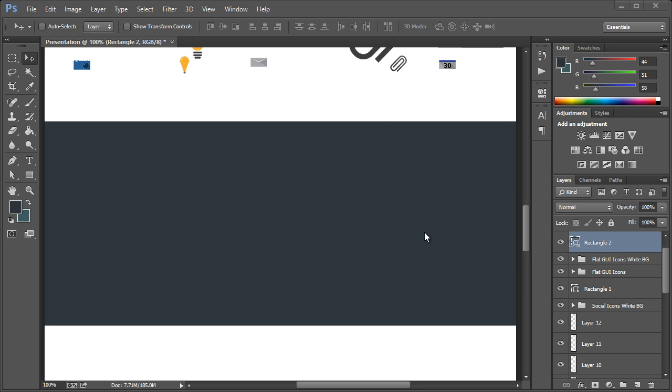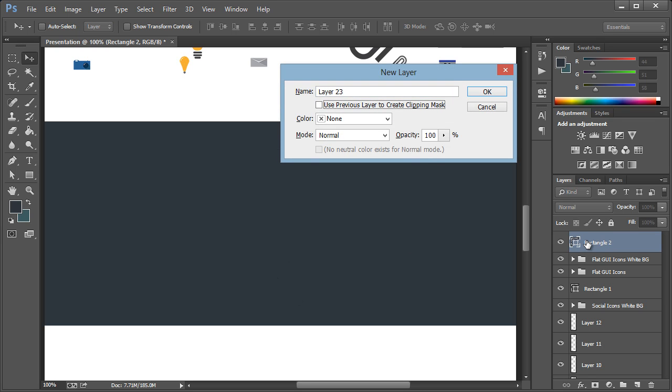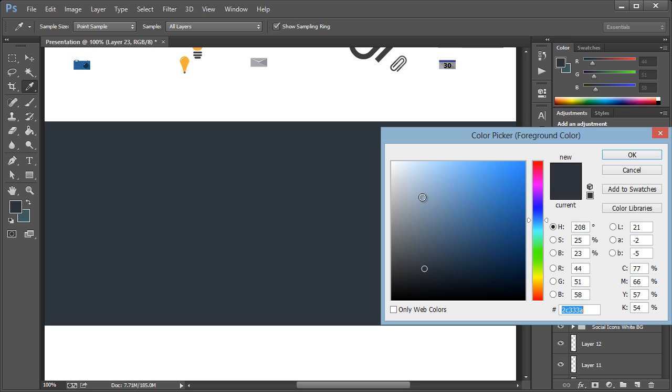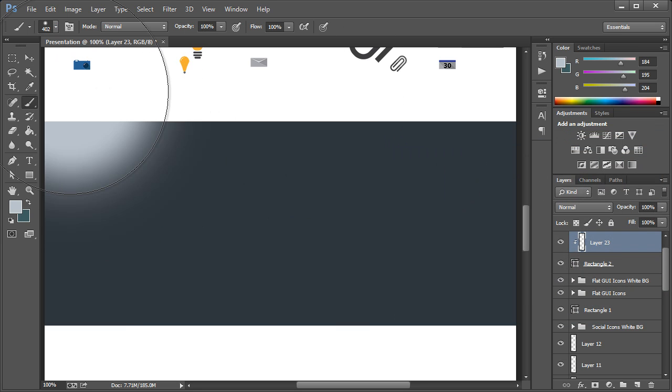And this time we'll just try to make it relevant to the actual icons that we're displaying. So since this is holiday, we can try to use maybe another dark blue, and then we'll create a new layer and we'll make that a clipping mask, and we'll choose a light type of blue,